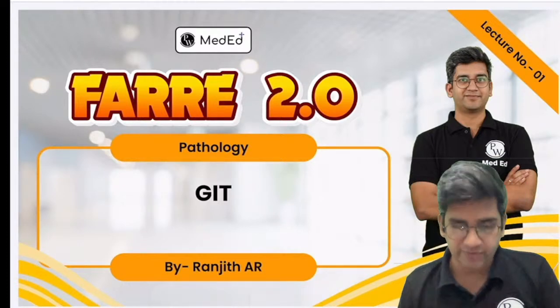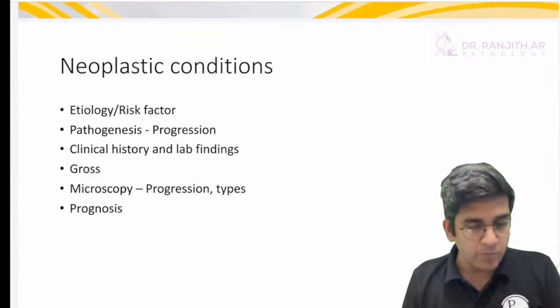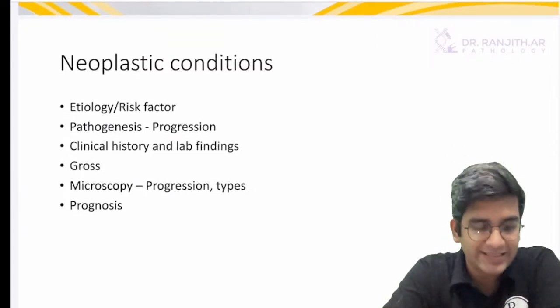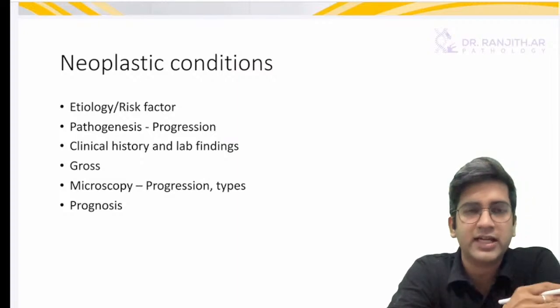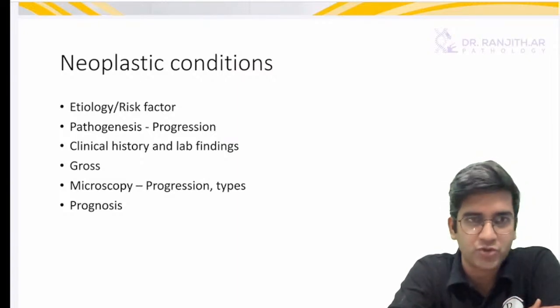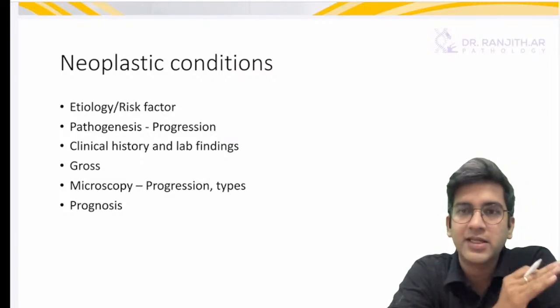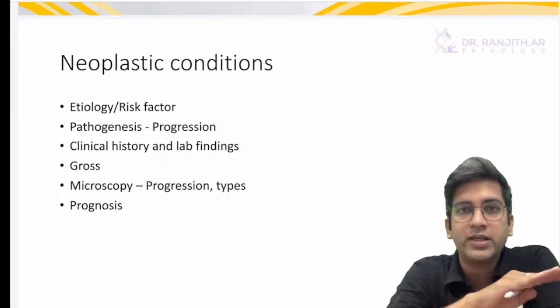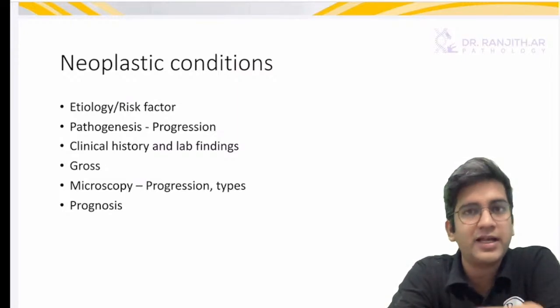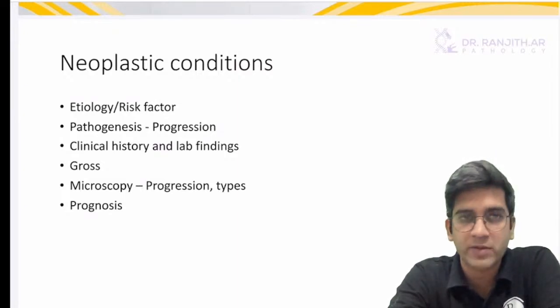Okay. Perfect. Fine. So now the neoplastic condition template is going to be the same. We will not change any template of neoplastic conditions. We have used the same thing for lung cancer. We'll use the same thing for colon and gastric cancer also. Etiology, risk factors. Whenever we talk about etiology, there are 2 things which are mandatory. One, a sporadic etiology, a sporadic risk factor, and if possible, a genetic history or a syndromic etiology or a syndromic risk factor is a must.